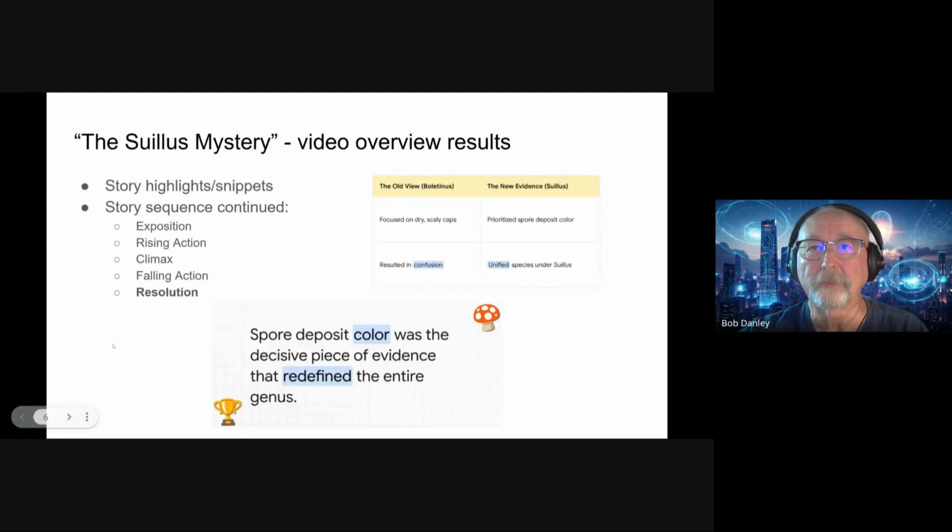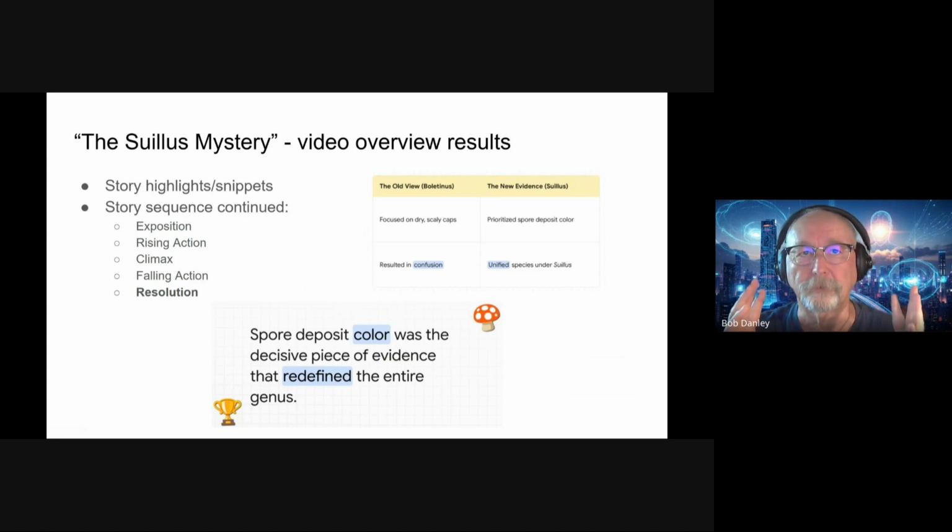And then we got to the resolution where you can see in the upper right here, they have that little box that the old view of identification was replaced by their newer way of doing business, which is, first of all, you look at the spore color to determine if it is even a Suillus mushroom. And you can see that the bottom little inset, spore deposit color, was the decisive piece of evidence that redefined the entire genus. So this was all accurate. I was totally impressed,